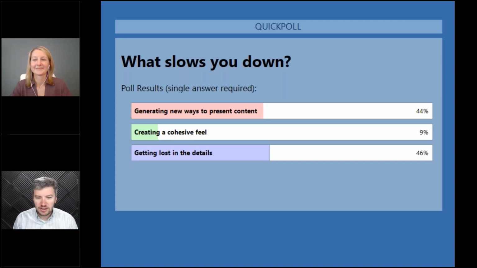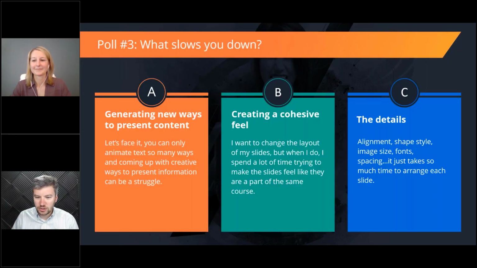46% get lost in the details, and 44% are having a hard time generating new ways to present content, and 9% are creating a cohesive feel. So there's a good mix between getting lost in the details and generating new ways to present content. And along these same lines, another question came up